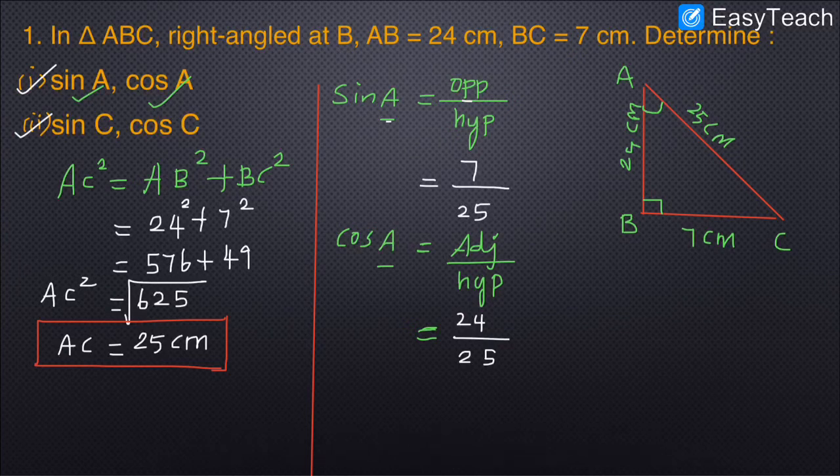So sin C. This time the angle is C. Okay, so this is the C. This is the angle now. The ratio is the same for sin C, opposite by hypotenuse. But the only thing is the angle has changed. So here the opposite side is this one, AB, and hypotenuse is AC. I hope you are able to write these two on your own.